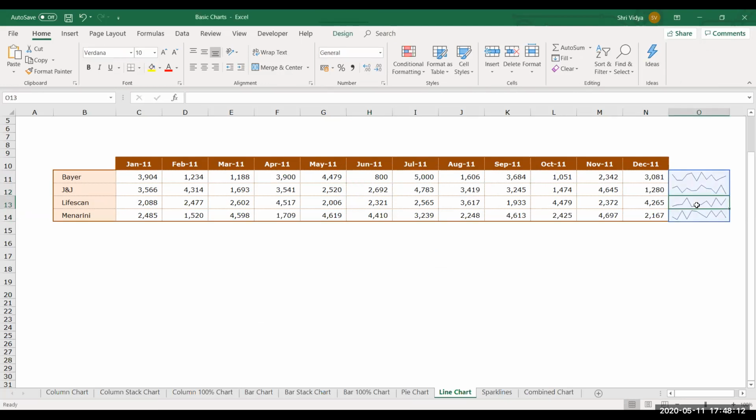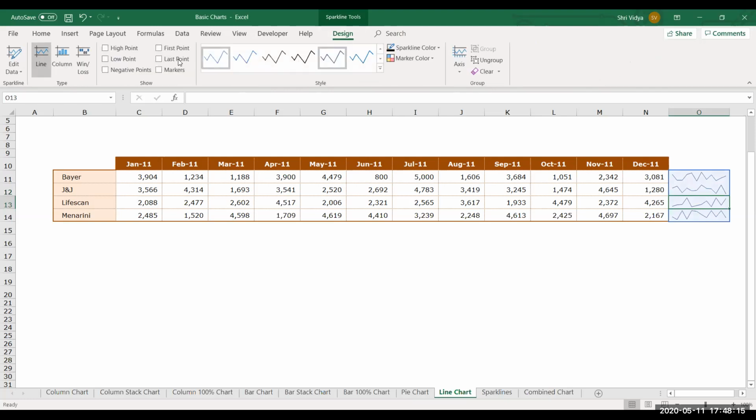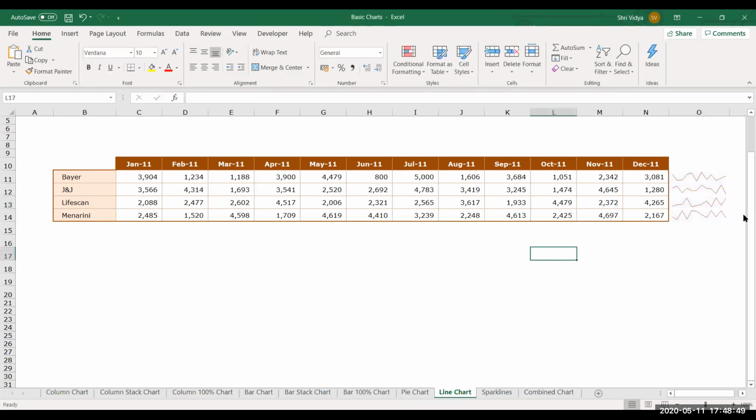And I can also go highlight the highest point with a marker, lowest point if you have any negative points. So don't use markers over here, it looks quite ugly like this. So you can also mark the first point, last point. So these things are possible, and you can also change the marker color, spark line color. So you have all such modifications that you can use here. So in which color it has to be displayed, you can decide this.